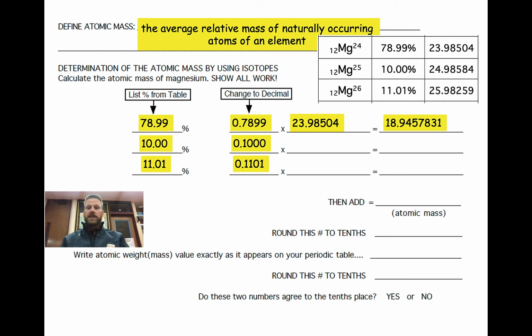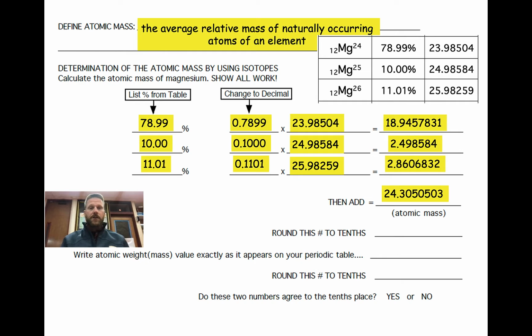So the first one gets me a mass of about 18.9. When I do the second multiplication, I just have to move my decimal point over one spot to the left if I multiply by 0.1, so I get about 0.25. For the last one, I'll take 0.11 times 25.98, and I get 2.860 and so on. So what I have to do now is add those numbers together. I'm not rounding until I get all the way done. So when I add those numbers together, I get